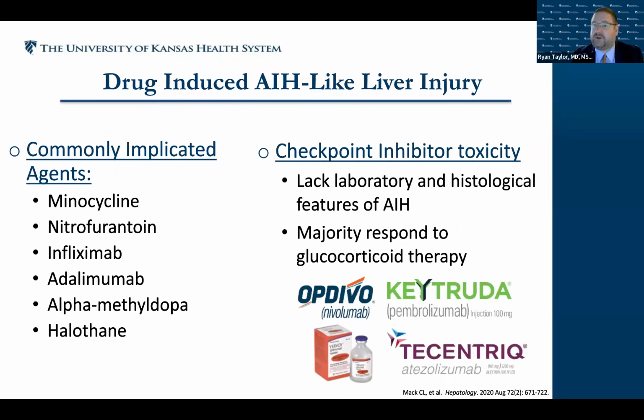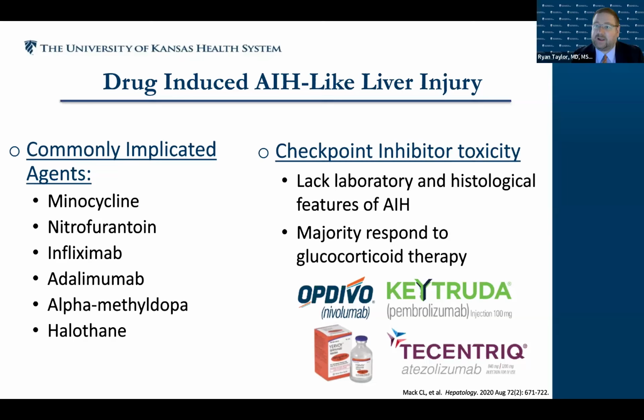So I did want to highlight that drugs and medications can induce autoimmune hepatitis. We see this not infrequently, and I've listed some of the commonly implicated drugs that can cause a drug-induced autoimmune hepatitis. Minocycline and nitrofurantoin are the two that we see most commonly these days, especially minocycline. It's not uncommon for a young patient to be at a dermatologist getting treatment for acne. They think minocycline's a benign drug, and they're given that for a long time for their acne. And then lo and behold, they present either being jaundiced or with elevated liver tests, and they've developed autoimmune hepatitis from the minocycline. So be careful and cautious with these drugs. Monitor liver tests if there's any concern for changes in their clinical symptoms.